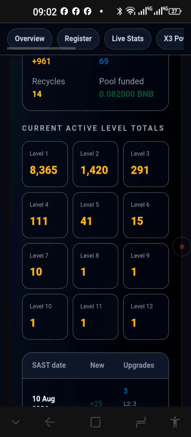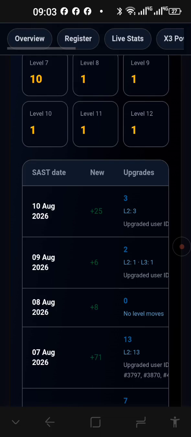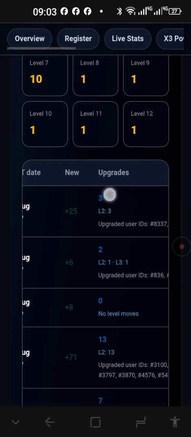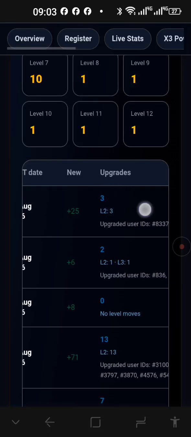Right, and then there's the numbers by level as well, from level 1 to level 12. Remember, user number 1 is on all 12 levels. So this is the stats for yesterday, for the last couple of days. Yesterday, 25 new registrations came in, 3 upgrades, and all 3 were upgraded to level 2.